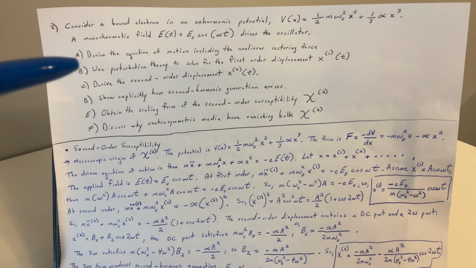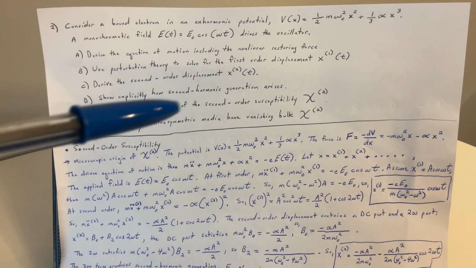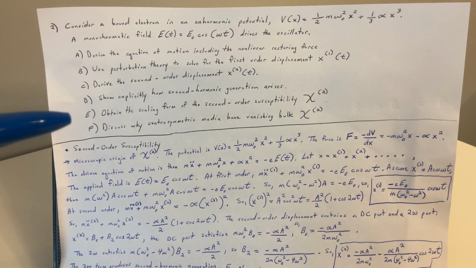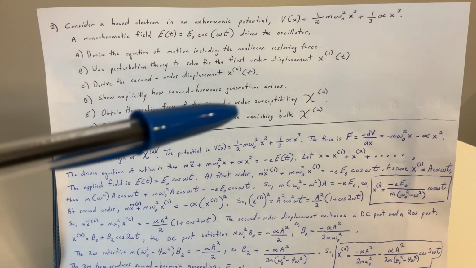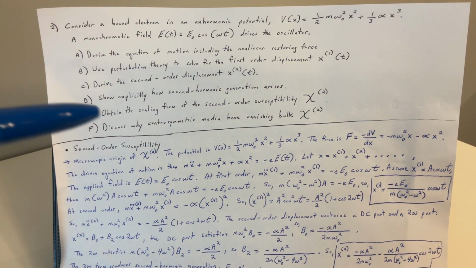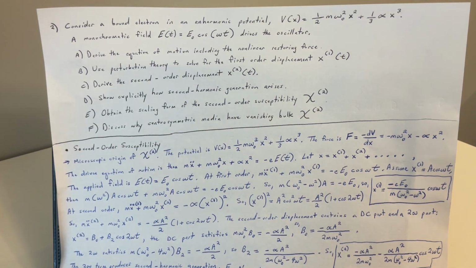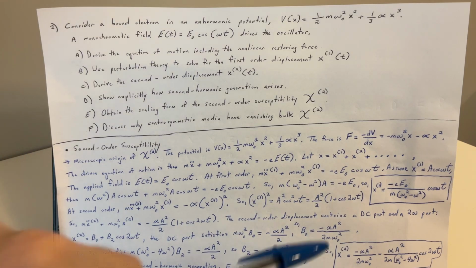Part B, use perturbation theory to solve for the first order displacement. Derive the second order displacement. Show explicitly how second harmonic generation arises. Obtain the scaling form of the second order susceptibility, and discuss why centrosymmetric media have vanishing bulk. Okay, so we're just going to do this in parts. So second order susceptibility, and just as this is a reference, A through F,